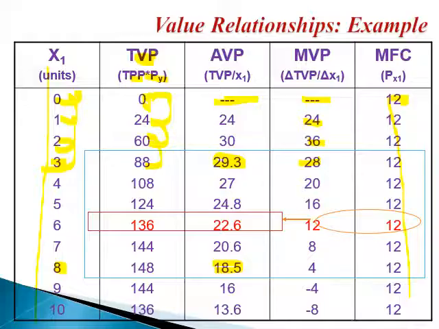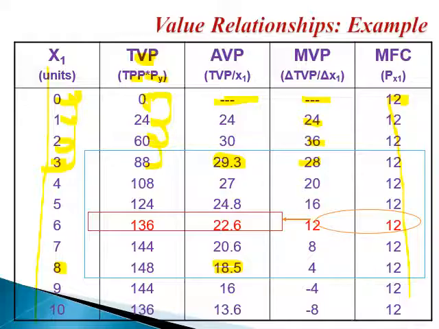And the MVP could be 0, it could be negative, just like the MPP. Okay? How do these graphs look if you graph them? Okay, I'm going to jump to the next slide, but before I jump, remember, when making a video, you cannot go back to the previous slide, unfortunately.